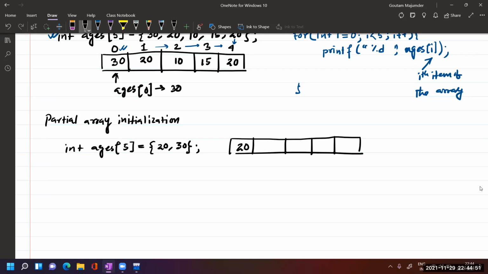So the first two will be initialized, and the rest will be 0, because we have used integer values for initialization.